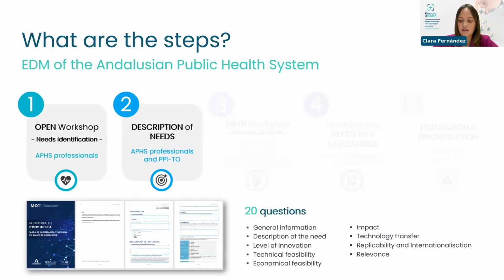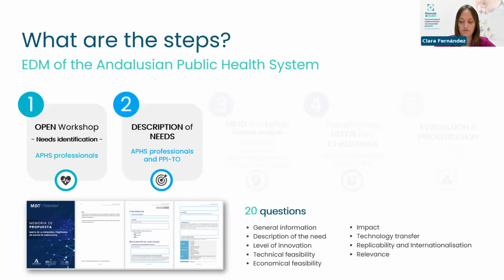This document contains 20 questions, more or less, regarding general information, description of the need, level of innovation, technical and economical feasibility, impact, technology transfer, internationalization, replicability, relevance. So we want them to work on this document in order to have a first description of the need,